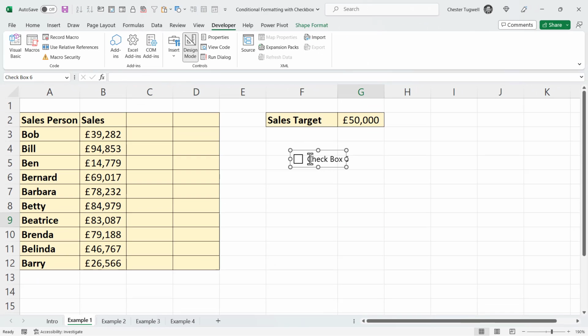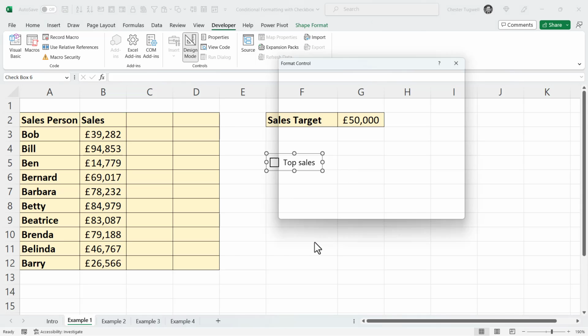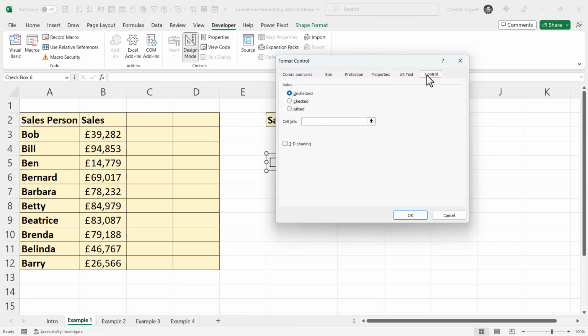You get a checkbox. And you can change this text just by deleting the existing text. And I'll type top sales as my label. And then you can right-click again to see the handles. And then you can drag the checkbox to wherever you want it to appear in your worksheet. Now, if I right-click again on this checkbox and go to Format Control, I need to be on the Control